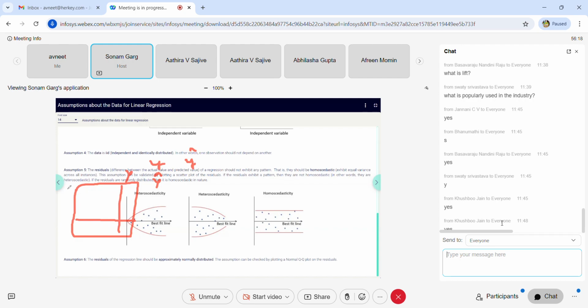So if I have 200 rows in this data set, I'll have 200 such values, 200 error values, isn't it? We are calling these error values as residues. These residues should not exhibit any pattern. They should have equal variance. They should be equally distributed